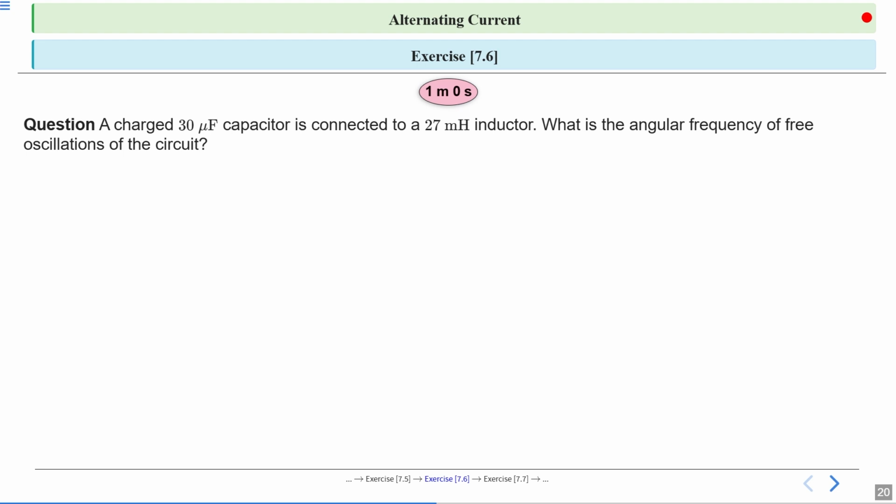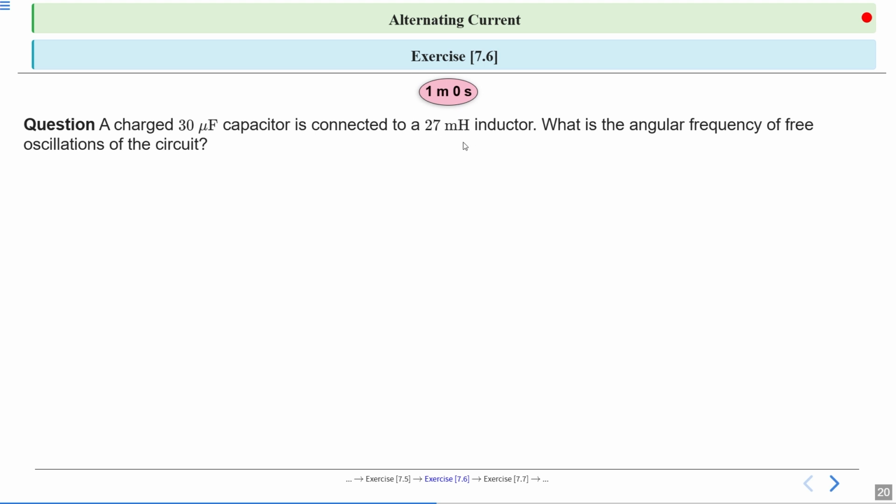So next question. A charged 30 microfarad capacitor is connected to a 27 millihenry inductor. What is the angular frequency of free oscillations of the circuit? Okay, so there is a capacitor of 30 microfarad capacitance which is connected to, now what is this type of